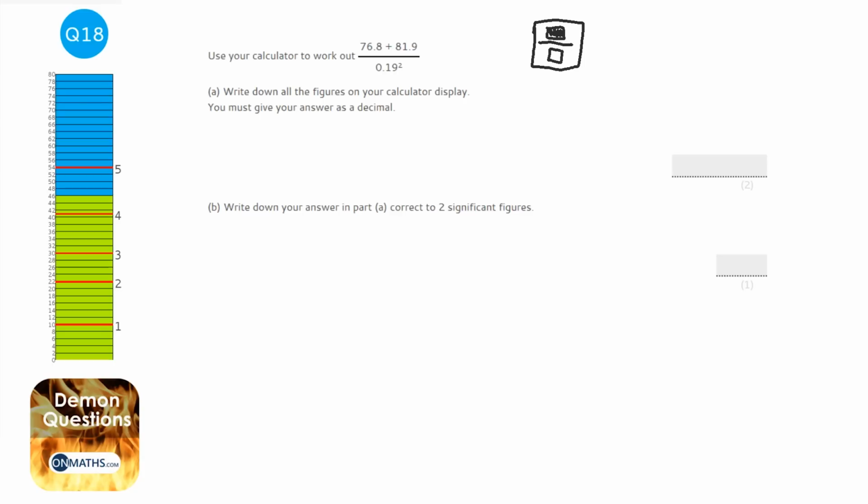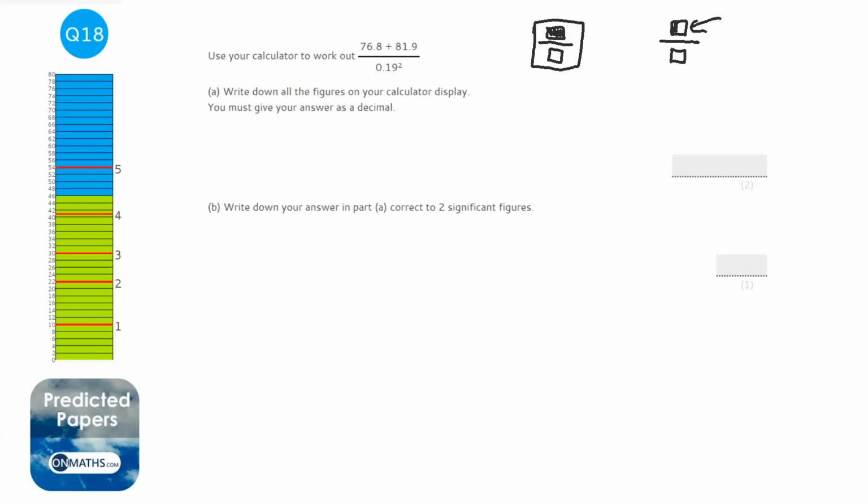Now, on some of the older ones, the fraction looks a bit weird. It involves a symbol like this, and actually on the new ones it can, but you need to change the settings if it does that. It should look something like a box and then another box, and there should be a cursor blinking in this box. Okay, so we want to fill in this top box first since it's already flashing. So